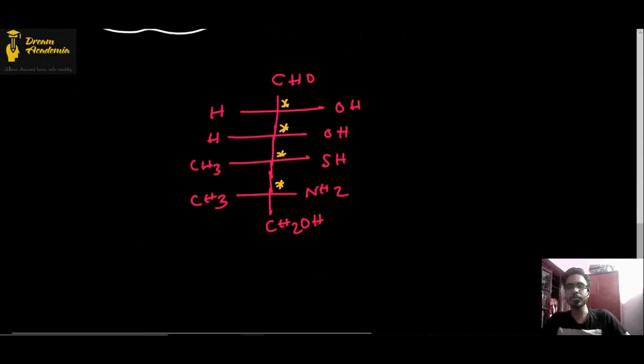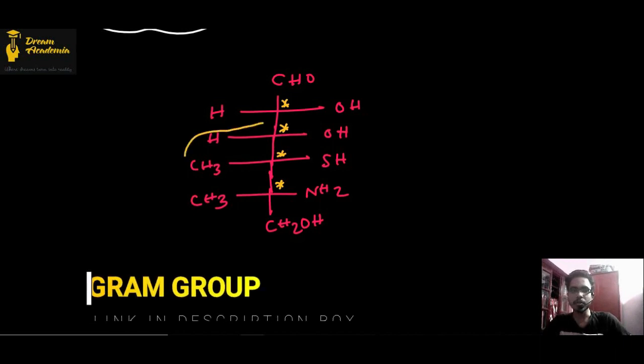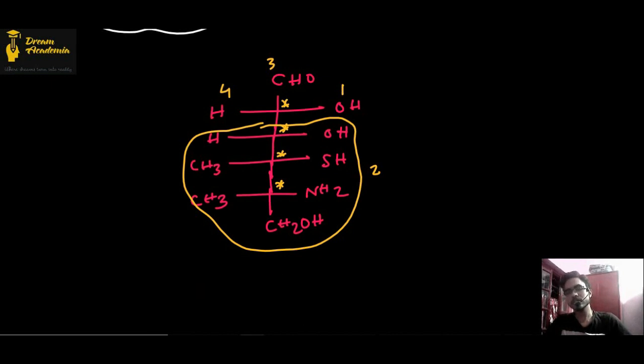Now if I talk about this compound, how will you name this? This big compound will become 2, this is 1, this is 3 and this is 4. So which way is the rotation? This is clockwise. H is not in the bottommost position, so this becomes S configuration. Similarly, if you do this for this compound, you will get S. You will get the S nomenclature.